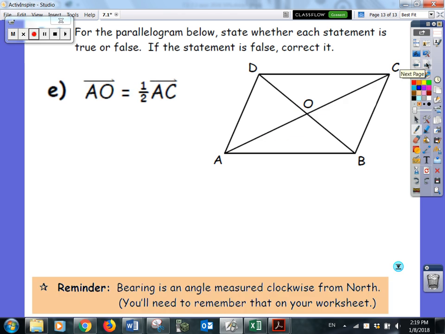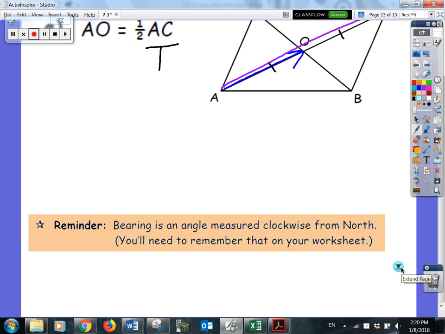All right, and then this last one. So here's AO, and there's AC. Again, these two segments are equal, so therefore that one is a true statement. AO is equal to half of AC. If we take AC, cut it in half, we're left with half of that. So those are equal. Okay. And then just a reminder again, we talked about a while ago, but remember that bearing